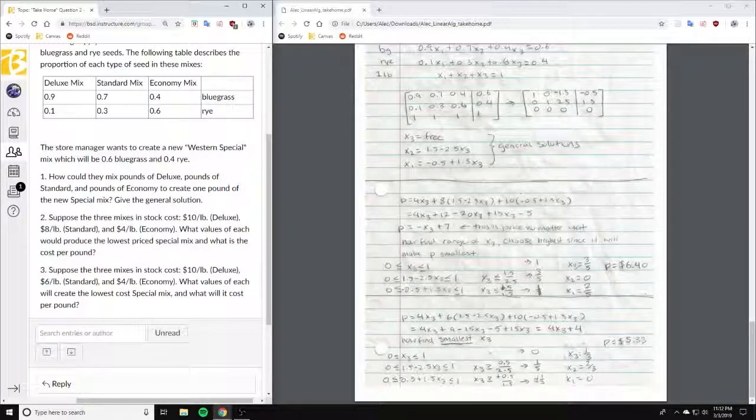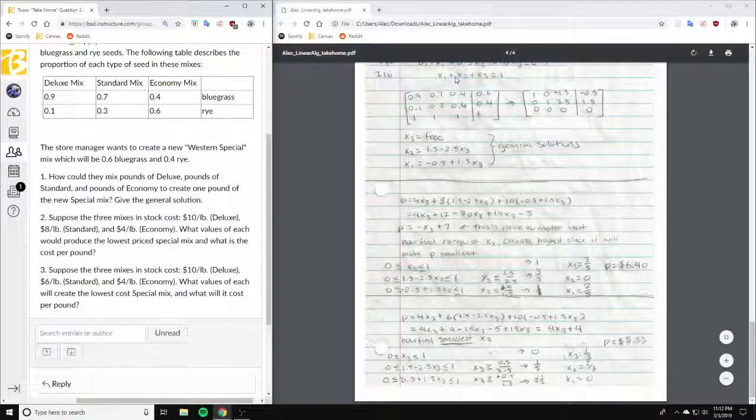So this is the range for the first one, right? Since it's a free variable, it has to be at most 1 pound, since it has to fulfill our last equation right here. This is the second equation right here. Again, X2 has to be between 0 and 1 pounds, and x3 also has to be between. X1 also has to be between 0 and 1 pound, since you physically can't exceed 1 pound. So if we simplify these ranges, we can see that